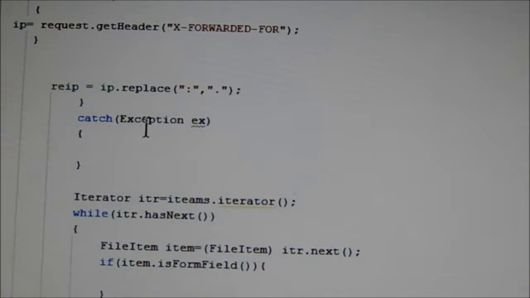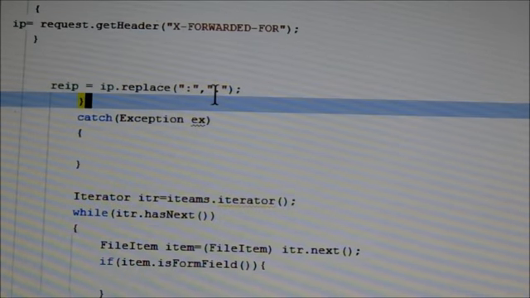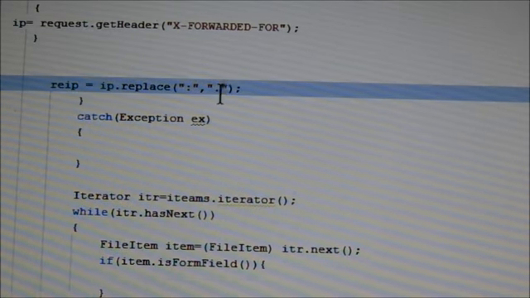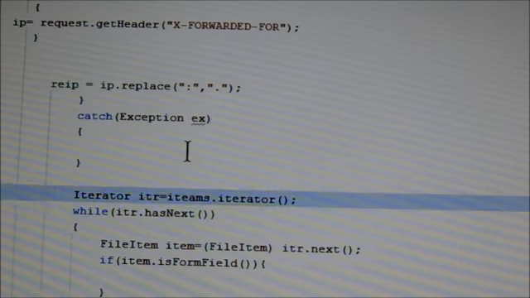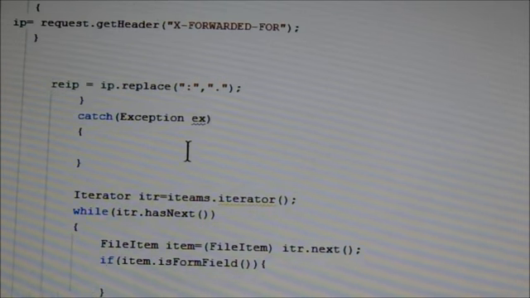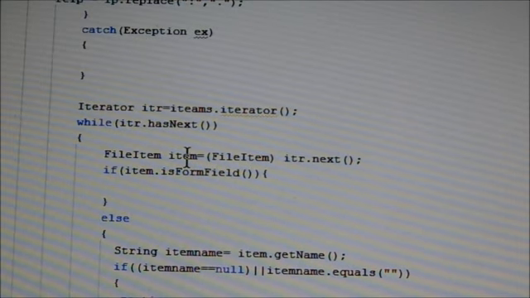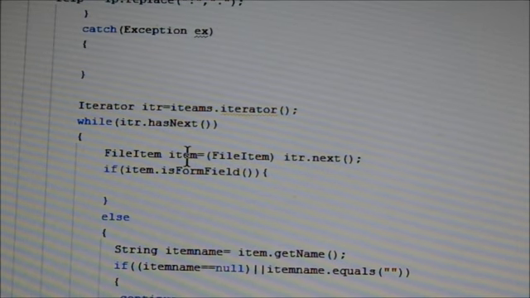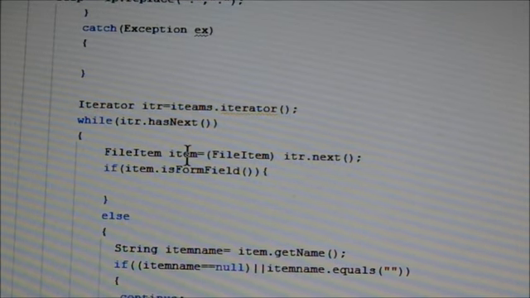is not accepting the colon, then we replace the dot with the help of dot. And then again iterator is an object which iterates while your data is not empty.